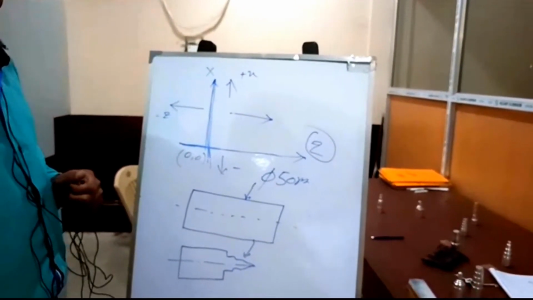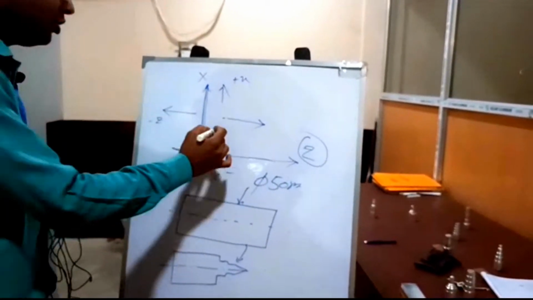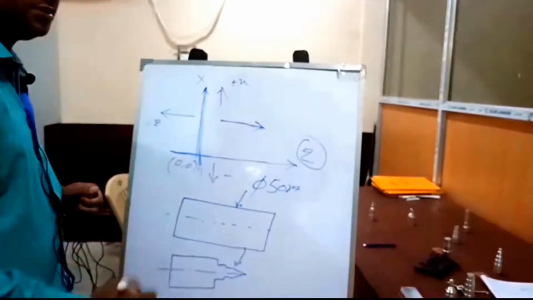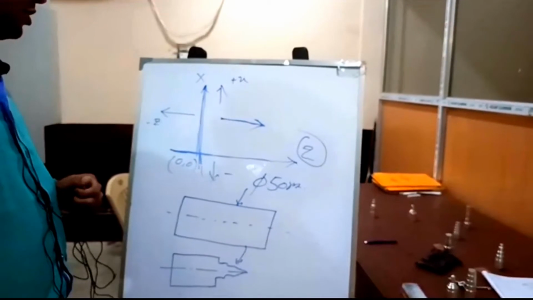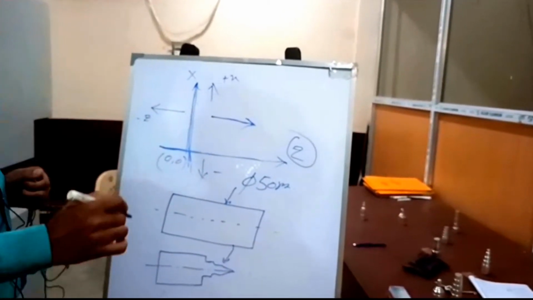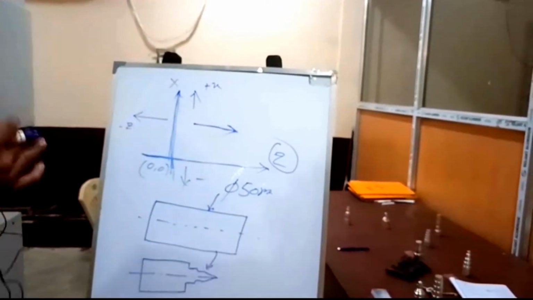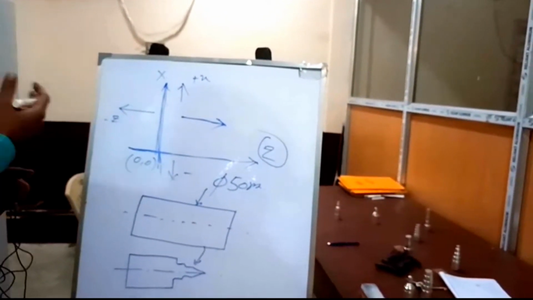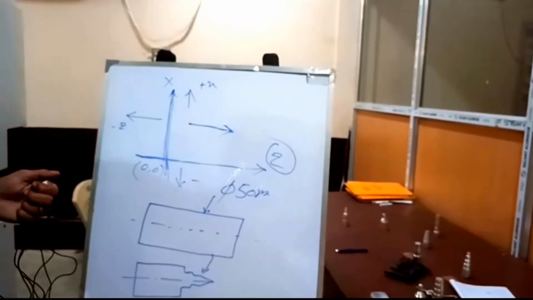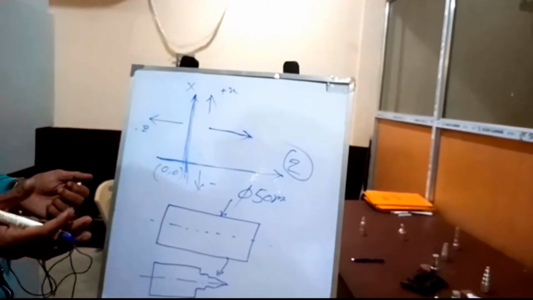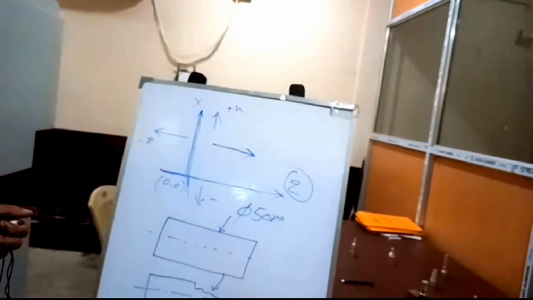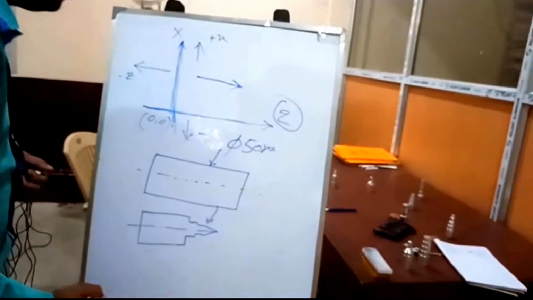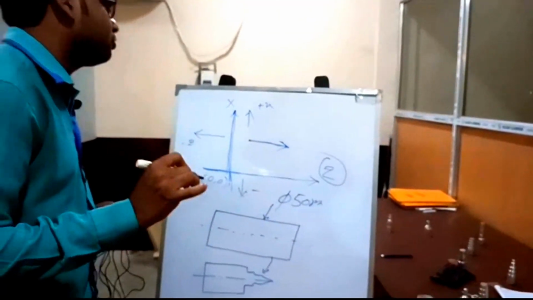G code stands for geometric code, which controls the tool movement, and M code is the miscellaneous code, which controls the other miscellaneous things, such as the turret movement, the spindle movements, coolant on off, program stop, etc. So for this job, at first we go through the